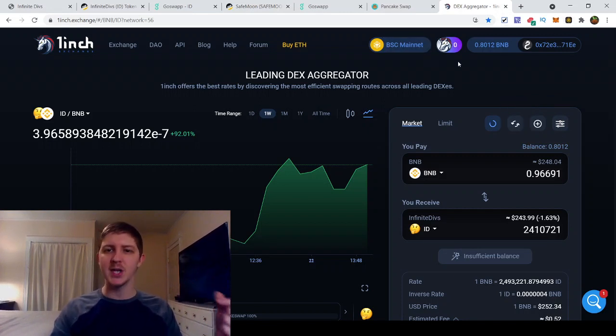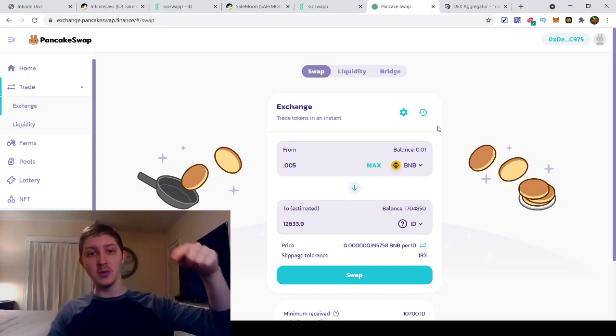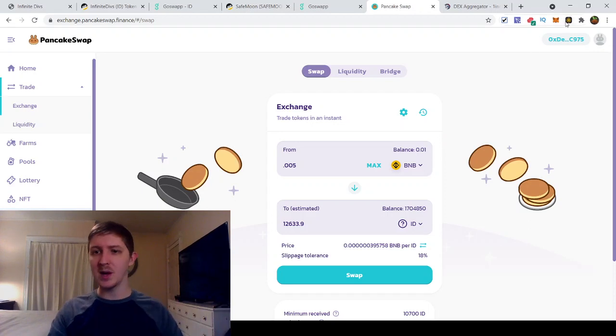One person suggested that I update to the latest version, which sounds like a great idea, although, who knows how to do that? Where do you do that? Well, you'd probably just uninstall it and reinstall it. That's what I would imagine. But I just don't feel like doing that right now. So I'm on 1inch, and I've just been having a lot of trouble with Pancake Swap. If you're watching this and you also have had trouble with Pancake Swap and Binance Wallet,